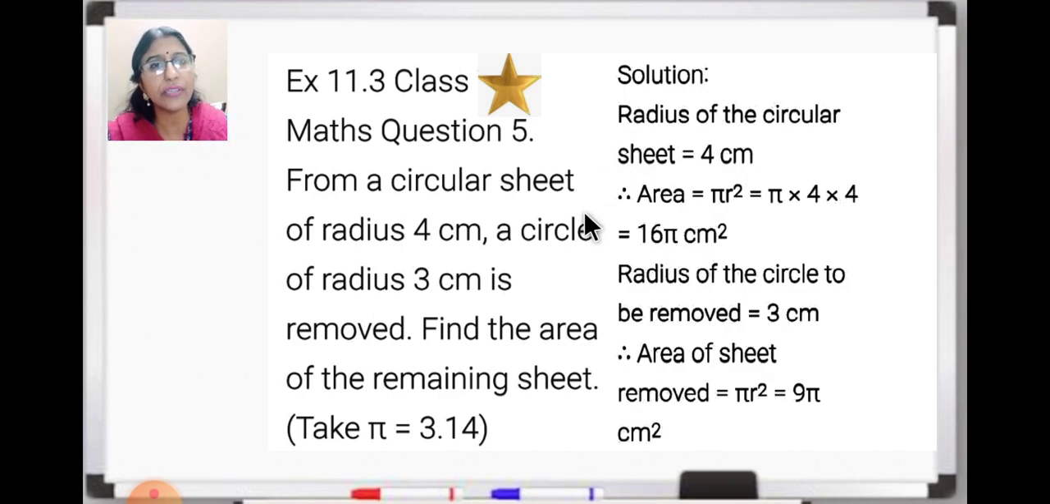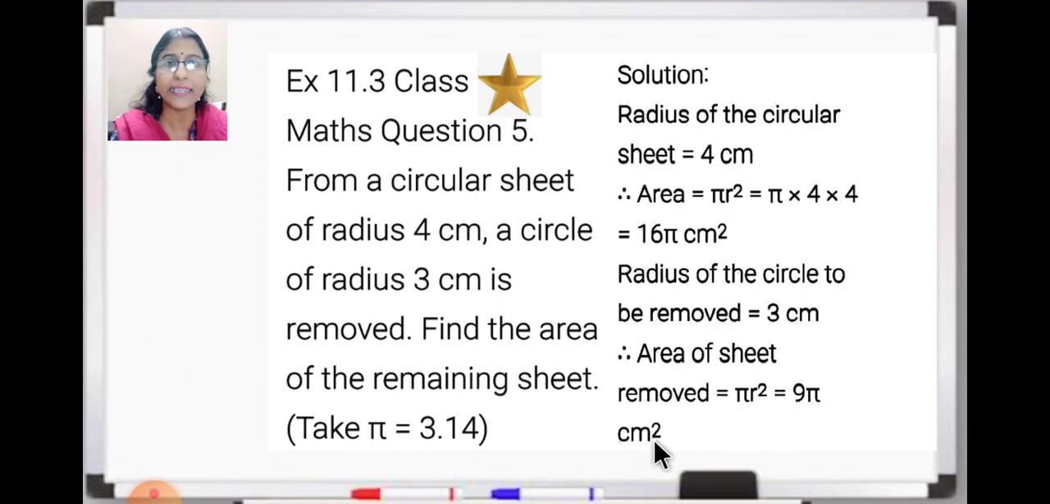And then next you will take the next radius, that is 3 cm. Now the radius of the circle to be removed, 3 cm, is given. So we'll find out the area of this part also. The area of the circular sheet of radius 3 cm, we'll use the same formula pi r square. So pi into 3 into 3. So it will become 9 pi centimeter square. So here we got 16 pi centimeter square, taking radius 4 centimeter, and taking radius 3 centimeter, we got